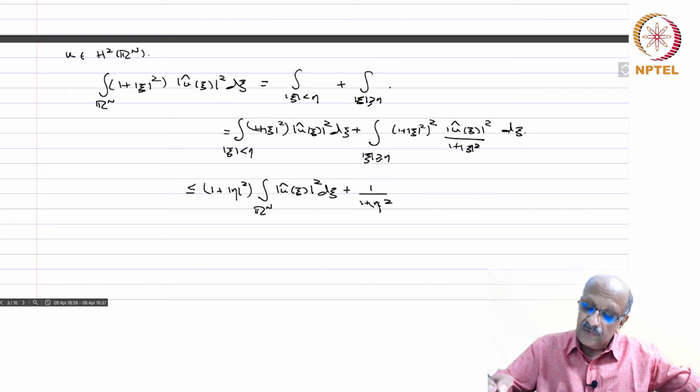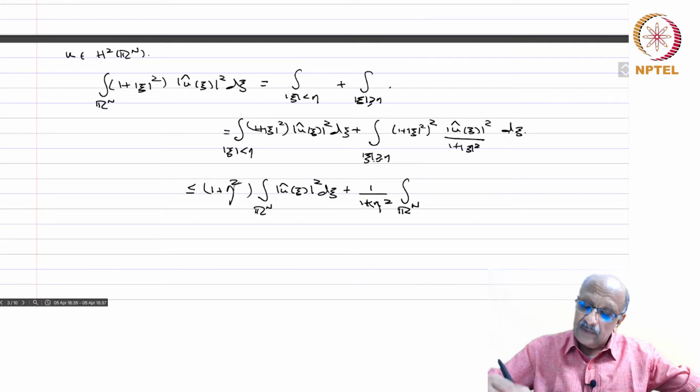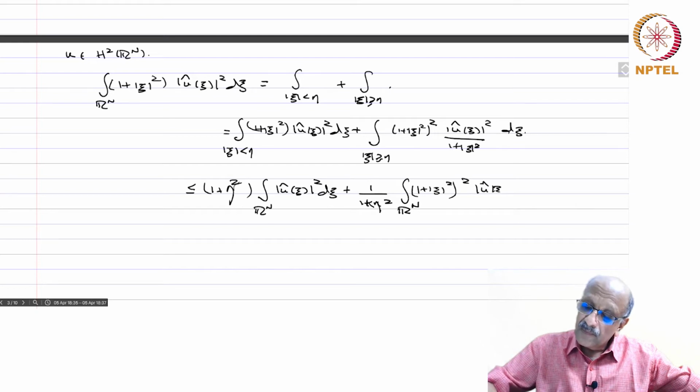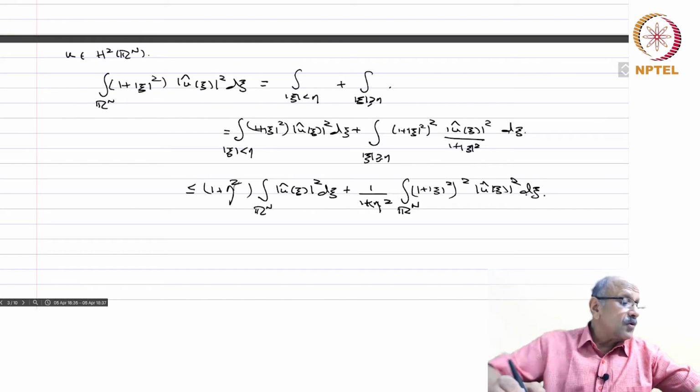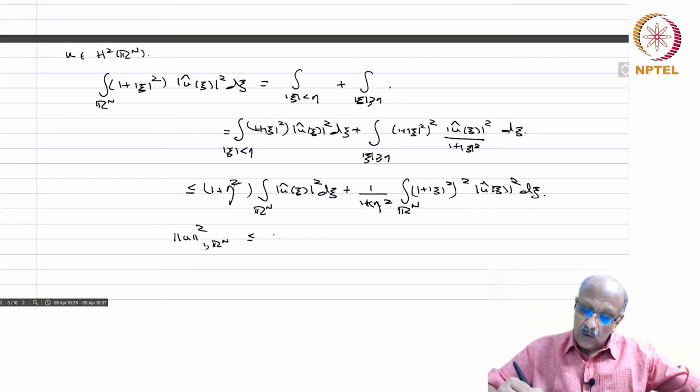Mod eta square if you like, but eta is non-negative, so the modulus is not necessary. So here also let me just write eta square. 1 plus eta square, integral on Rn, because I am going to write mod xi greater than or equal to eta. I am going to write a bigger integral, 1 plus mod xi square whole square, mod u cap xi square dxi. Okay, so you get that norm u square 1 Rn is less than or equal to 1 plus eta